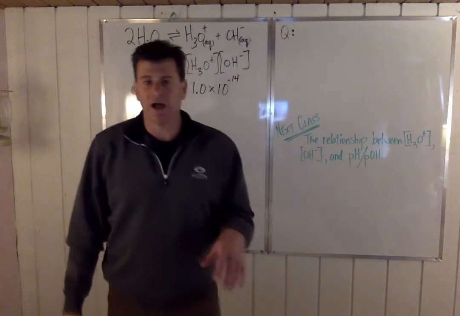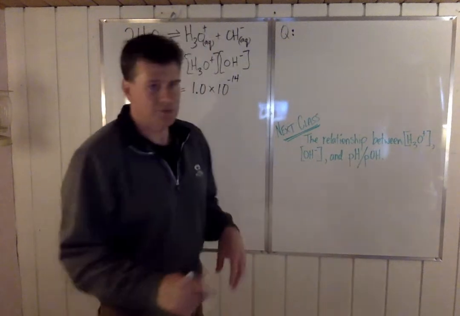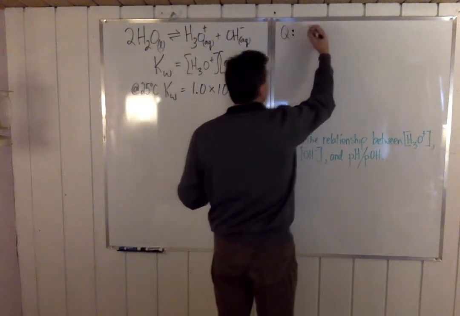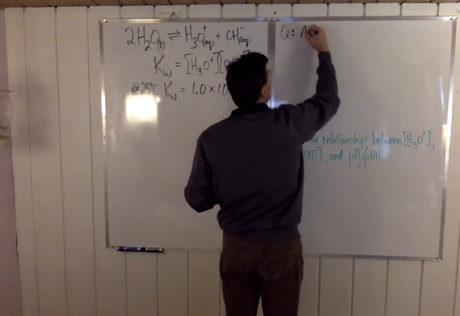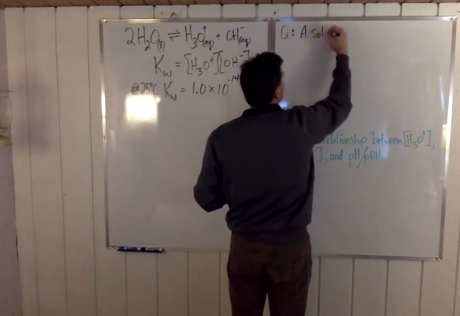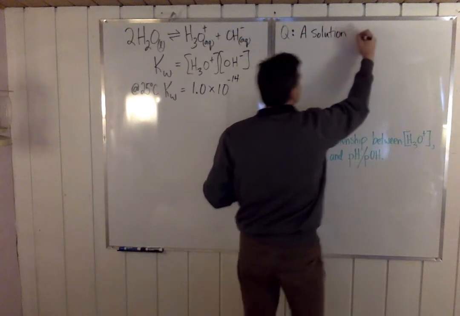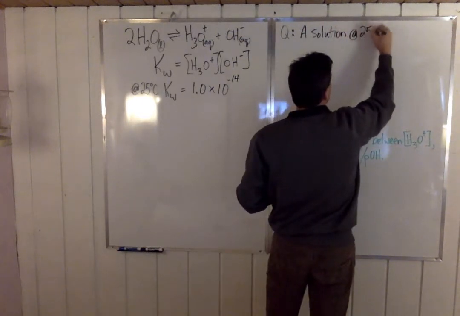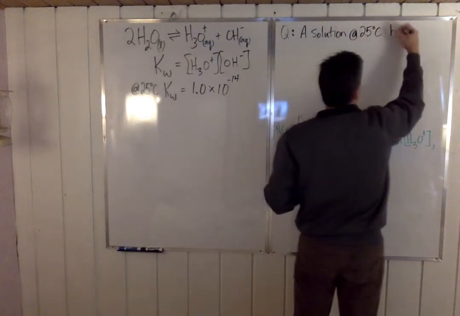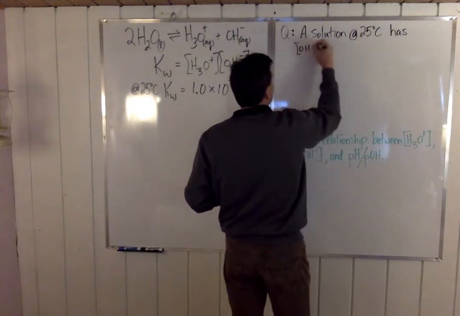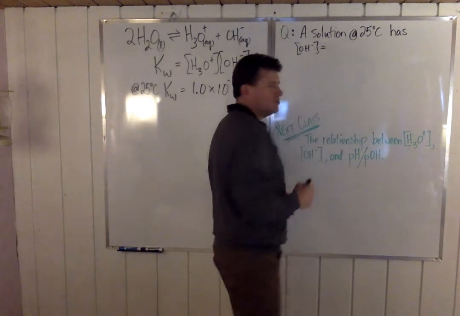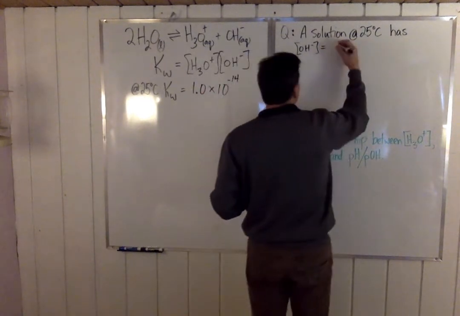So the first question, we'll use this mathematical relationship. A solution at 25 degrees Celsius has hydroxide concentration equal to